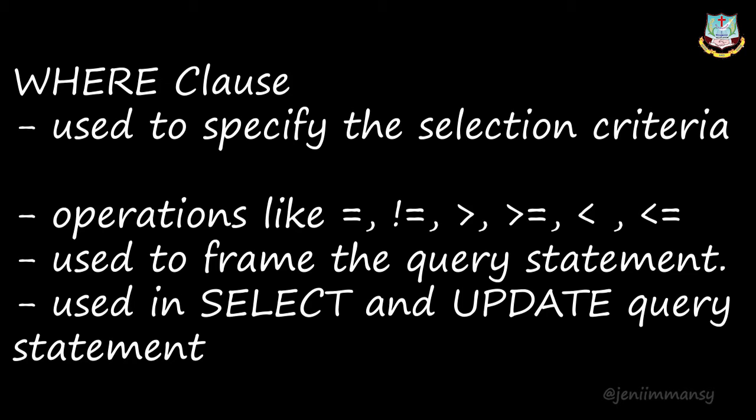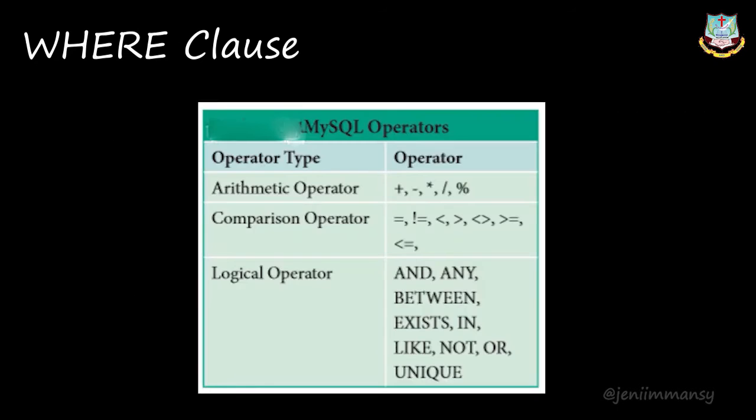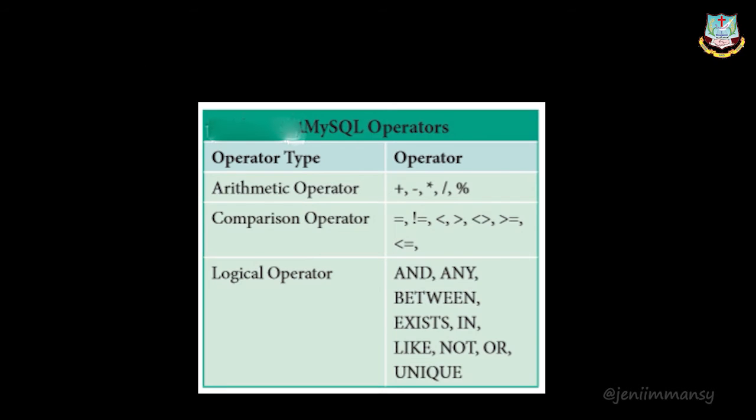Okay, the number of records updated in a table will depend on the where condition. Okay, let's see how to use these operators. While forming a SQL query, we use major operations like arithmetic operations, logical operations, comparison operations and all. Arithmetic operations means we all know addition, subtraction, multiplication, division, and this percentage and all will come in arithmetic operations, right? Logical operations means and, any, between, in, like, or, not, and all will come in logical operators,